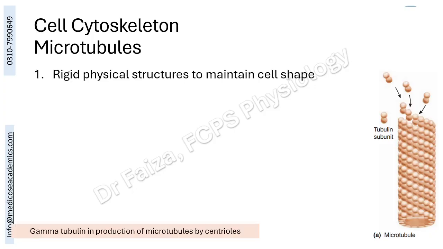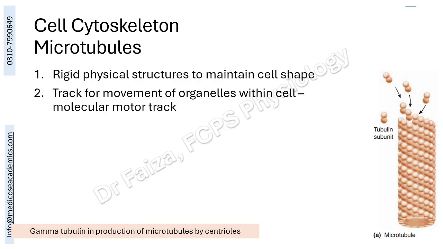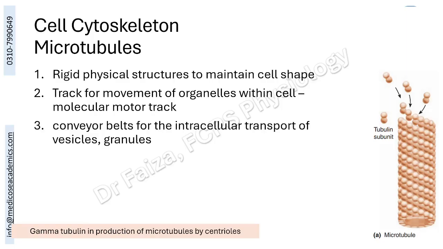Microtubules, if we have a look at their role, these are rigid physical structures that help in maintaining cell shape, provide a track for movement of organelles or secretory products inside the cell with the help of molecular motors, and act as the conveyor belt for intracellular transport of vesicles and granules. So one function is structure and shape, the other function is acting as a track either for the cellular organelles or